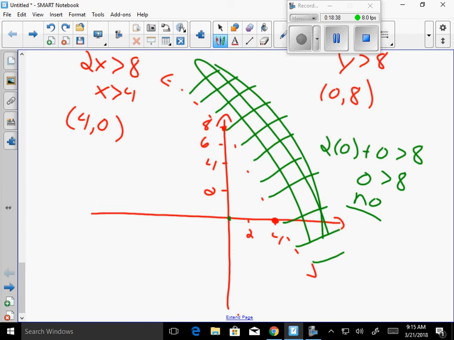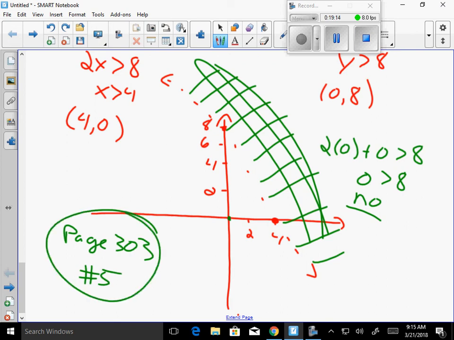How's this making sense? Feeling okay? Not going to be like this all the time. We're going to put more than one line on here, and there's going to be word problems. But it'll be okay. Try some of these right now, okay? Brent, I'll be right with you guys, okay? What page is that? Page 303. Do number 5, okay? I'll put up